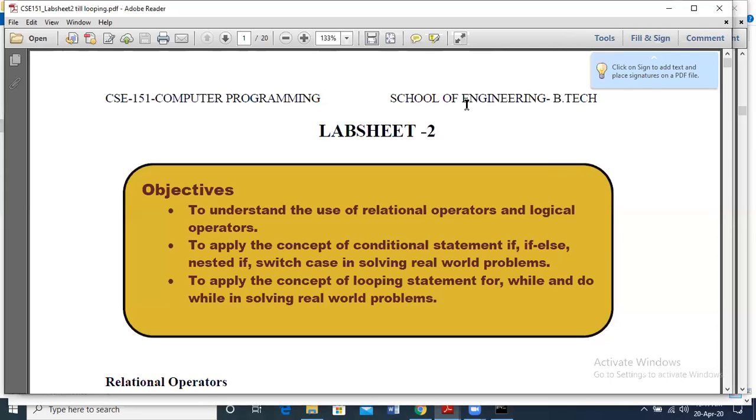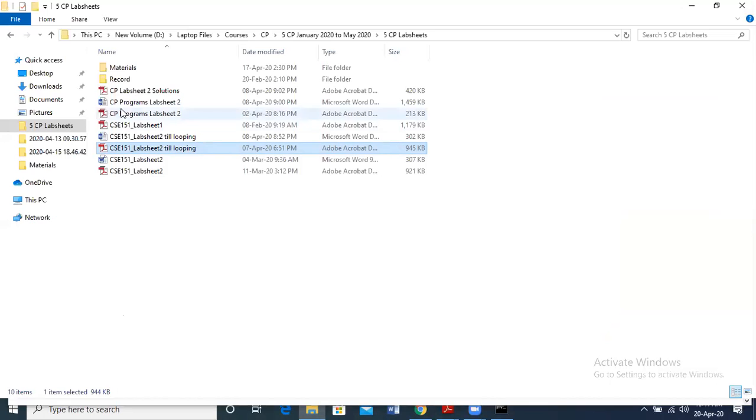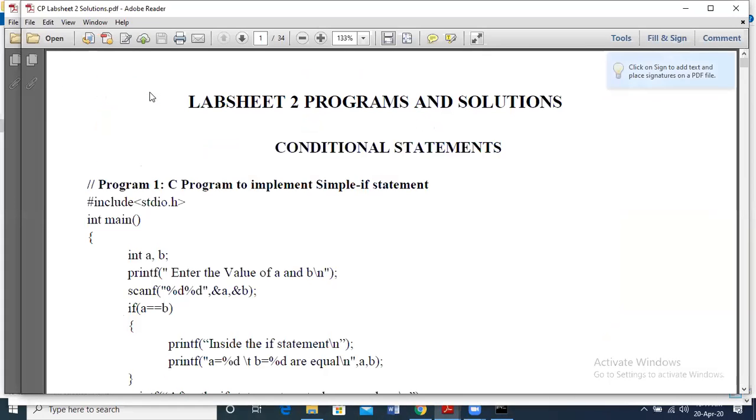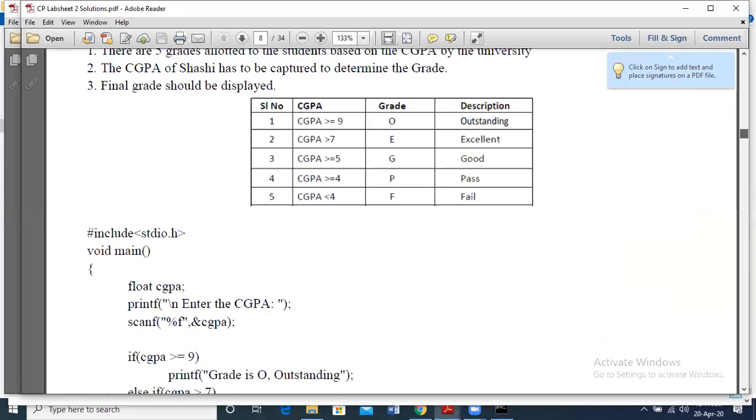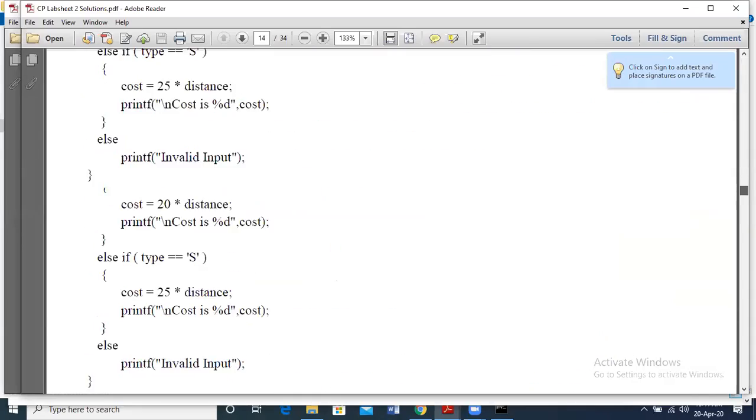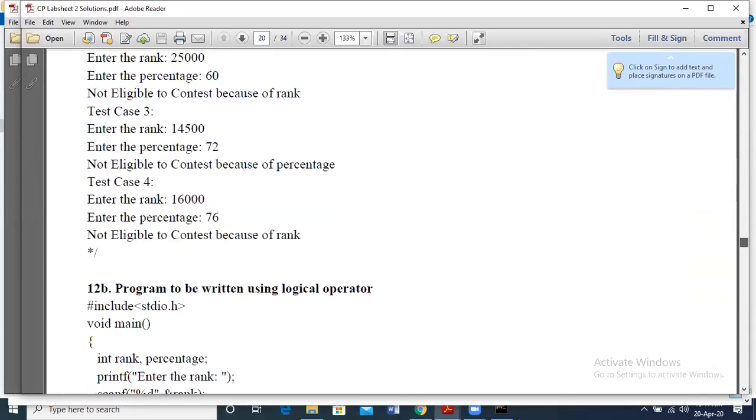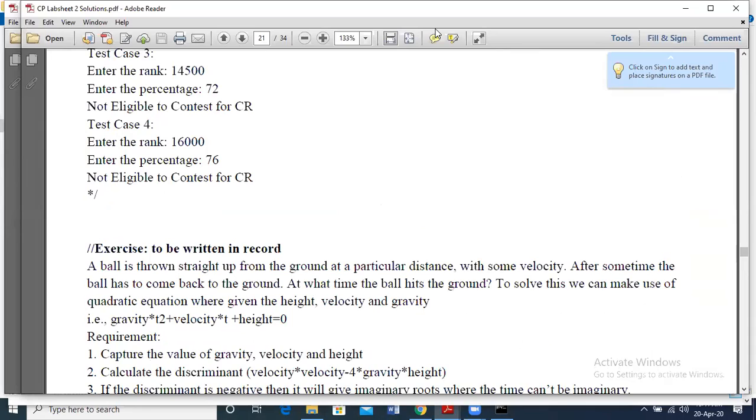I just displayed the lab sheet, right? So we have the lab sheet displayed. This is what we have discussed, based on conditional statements and looping statements. We discussed this in previous classes. I hope the screen is visible.